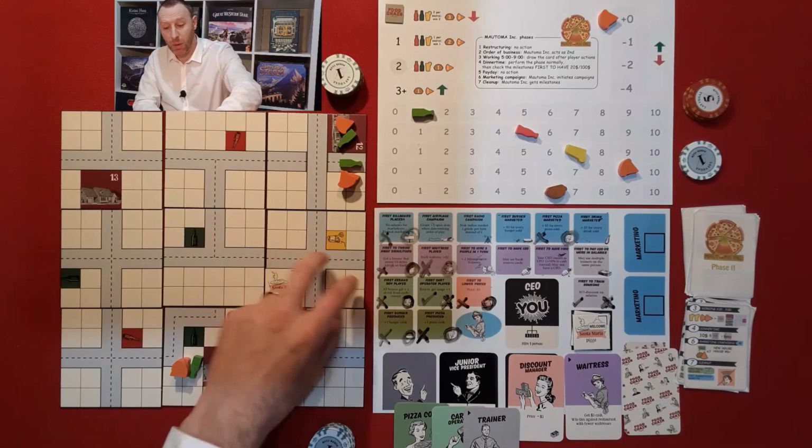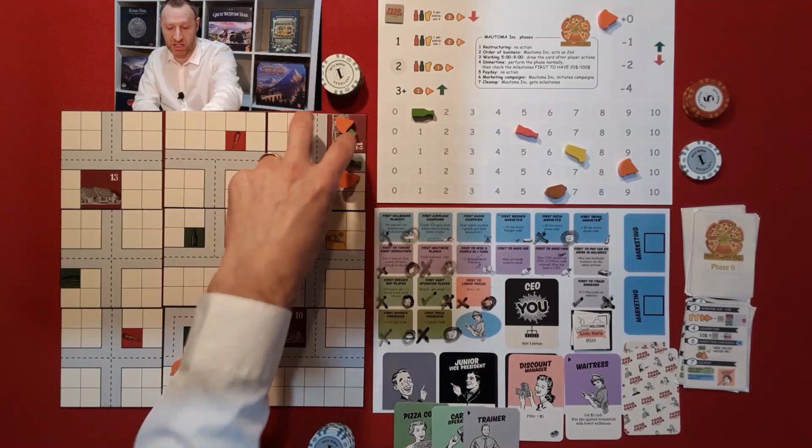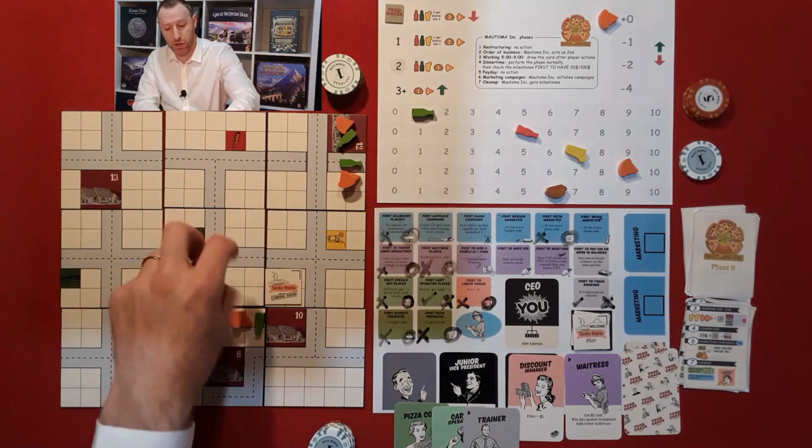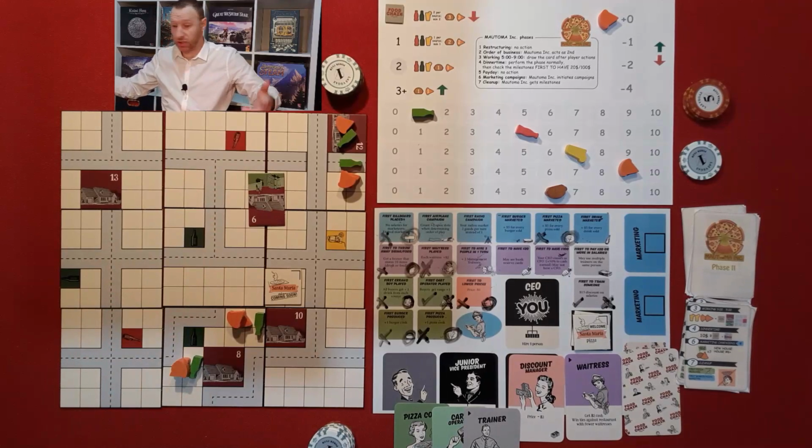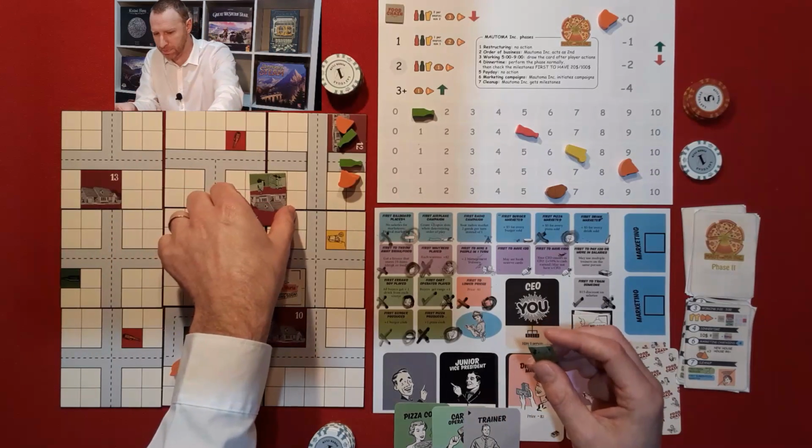If it doesn't, you go anti-clockwise to the tile. So it'd be this tile, that tile, and so on. You can never do the middle tile. So we've placed that. Now, if it was a garden, because I may not get an opportunity to show that,